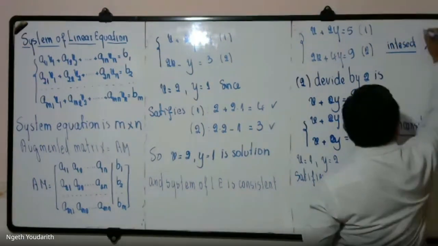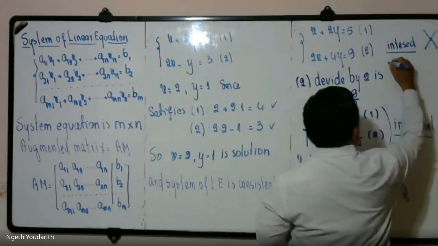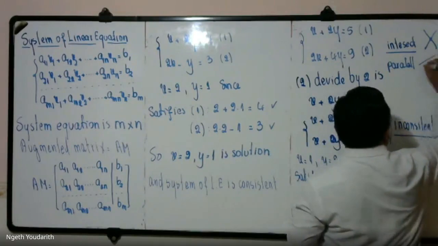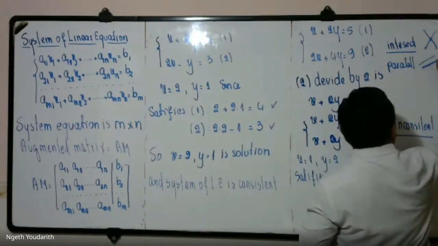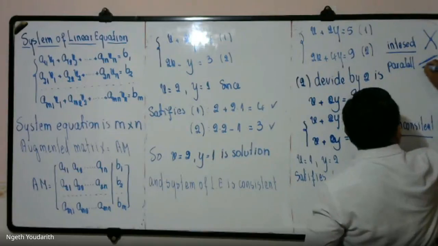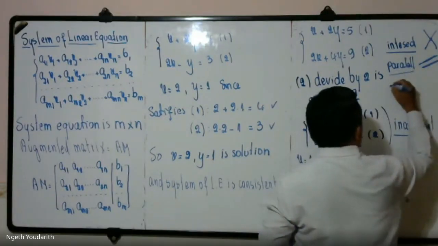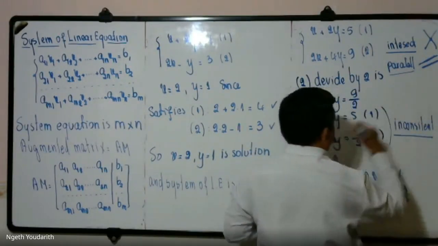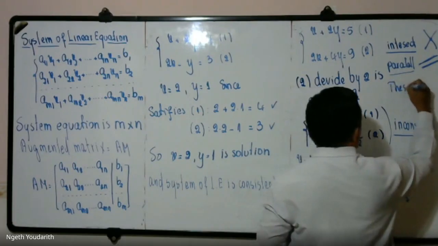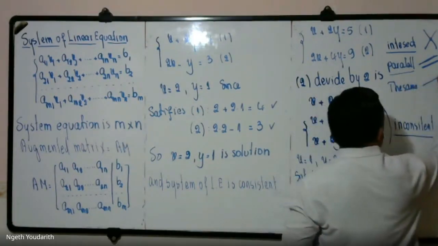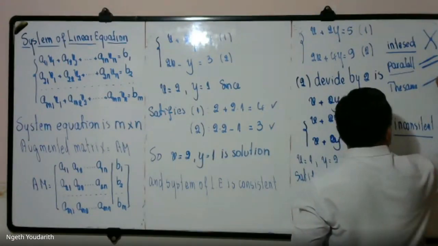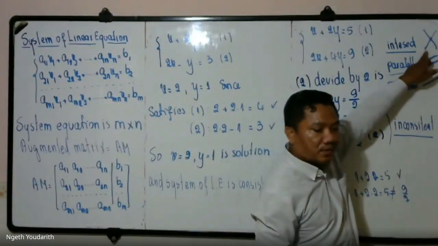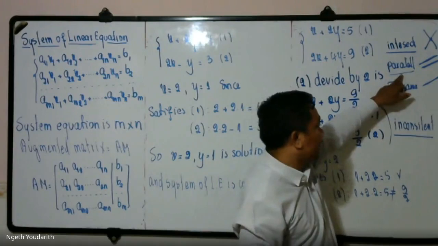This one is like this, and parallel is like this, and this one is redundant. Or it's the same. I think the same. It's only one graph. So this one has only one solution, and this has no solution, and this one has